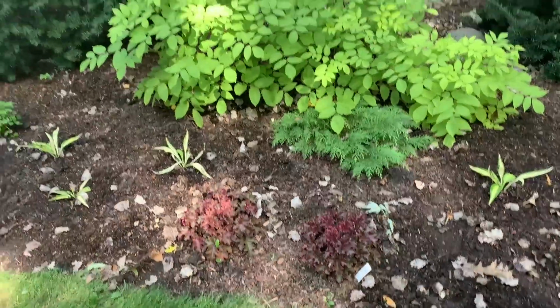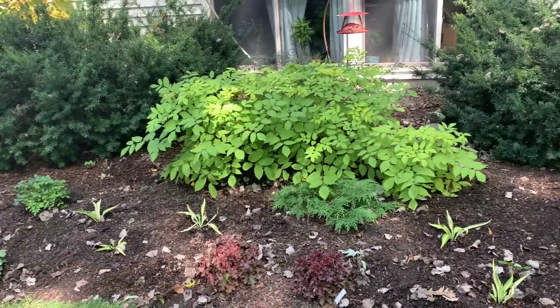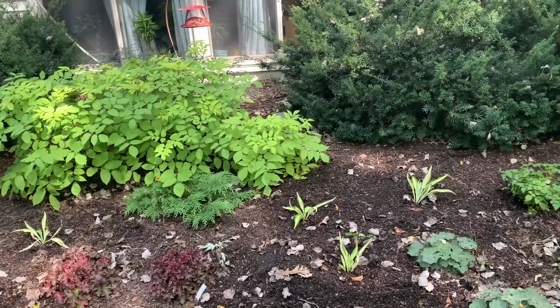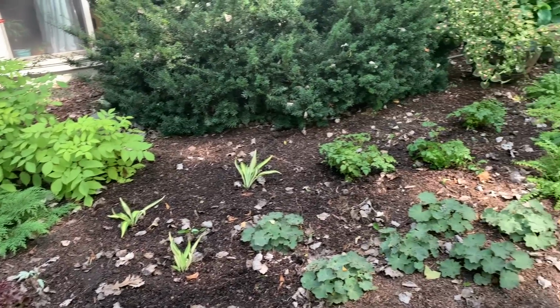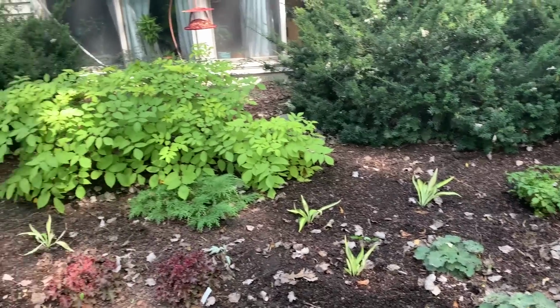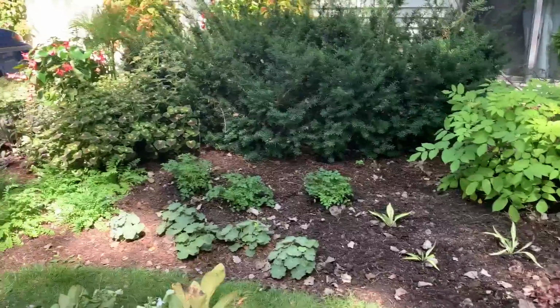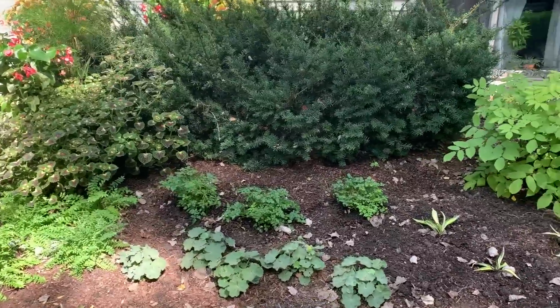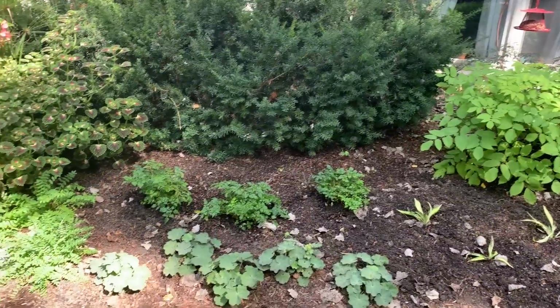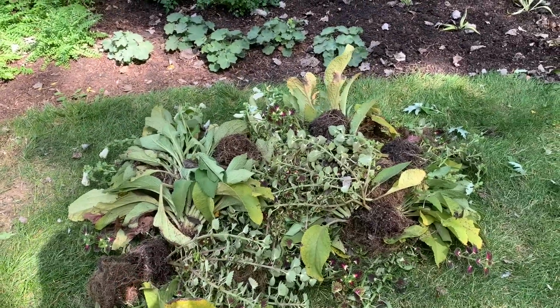gorgeous. And yeah, what's nice is that these are all perennials and shrubs, and I hopefully don't have to replant any of this, and that this bed is good for next year. I don't know, we'll see what happens. I really like it. I think this has turned out really good. And unfortunately, I've got all of that compost, but...